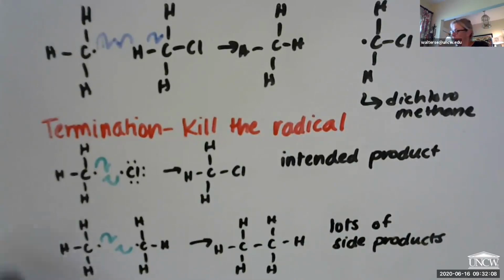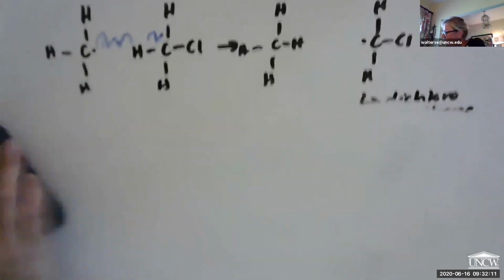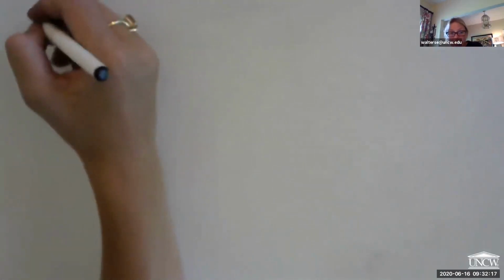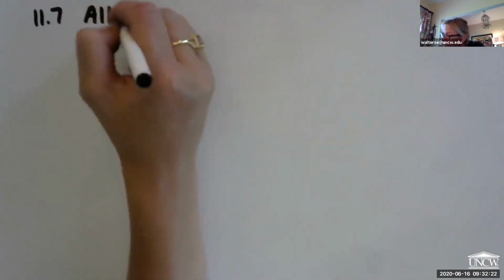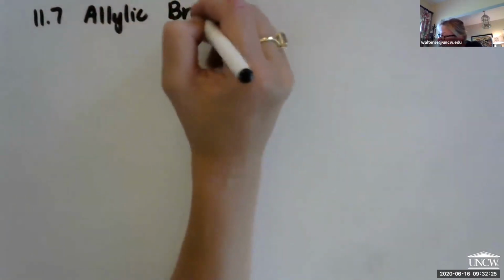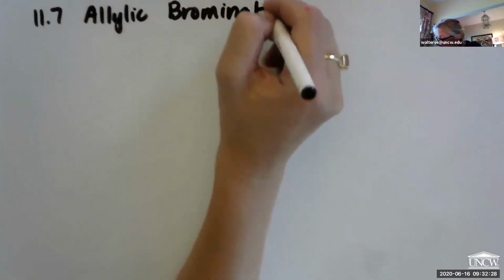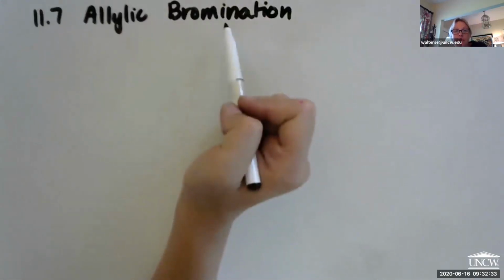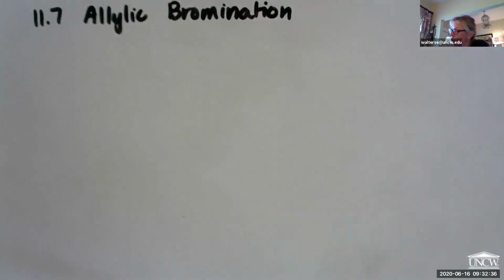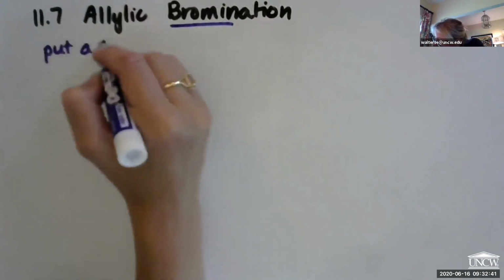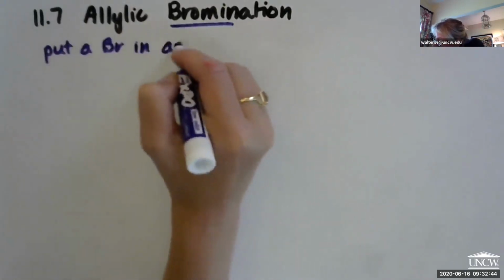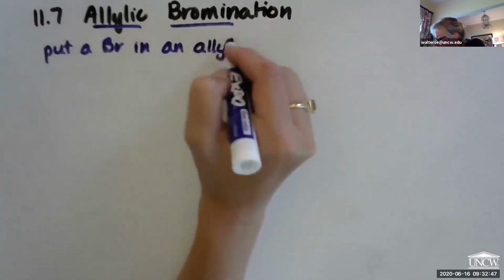Okay, so we're going to jump ahead to section 11.7, which is called allylic bromination. Okay, and the name of this reaction tells you exactly what's going to happen. You're going to put a bromine in an allylic position,